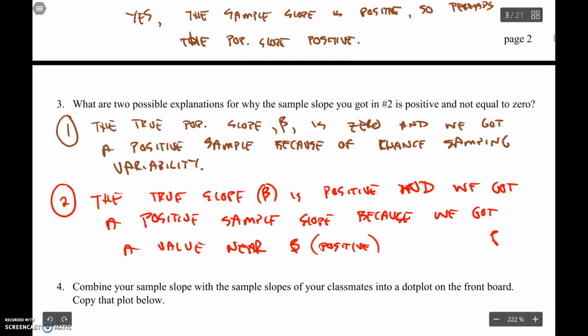So if beta is in fact positive, maybe it's 0.4, then it makes sense that I would get